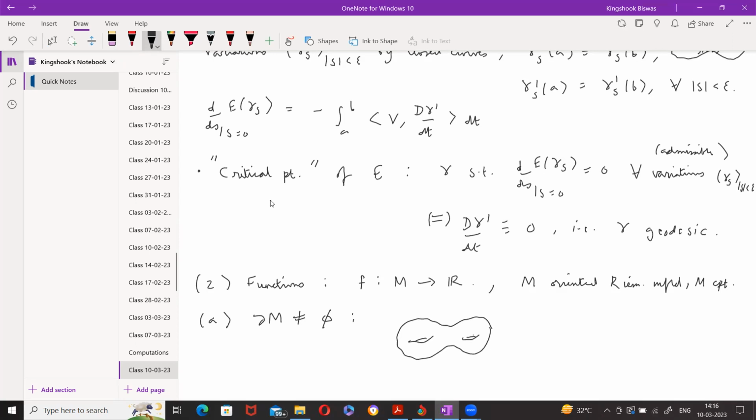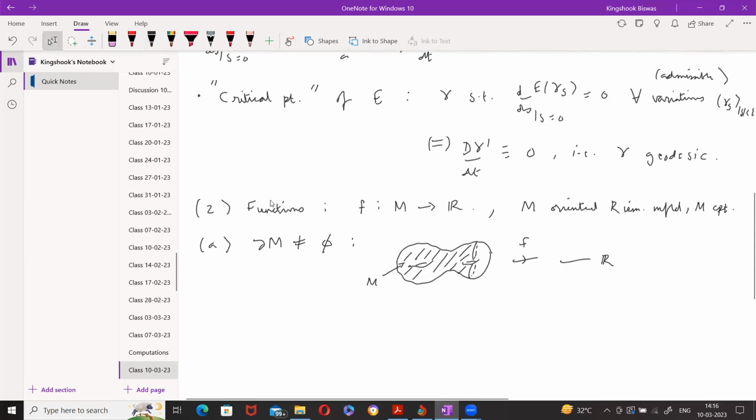It could be a manifold with boundary. Say, this could be M. This part is a compact oriented manifold with boundary. Okay, this could be M. And here you have your function f, taking values in R. So in this case, the variations that you want